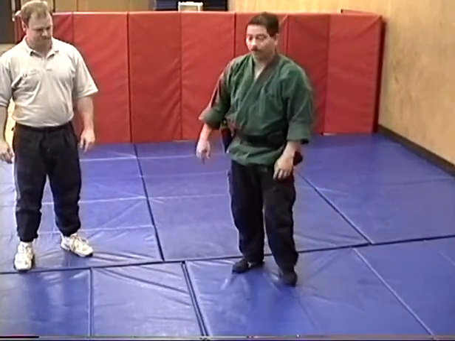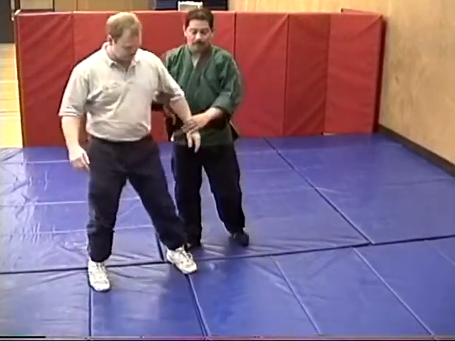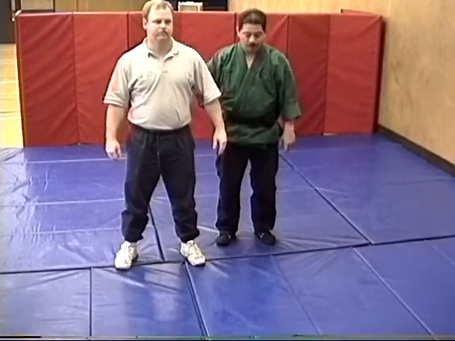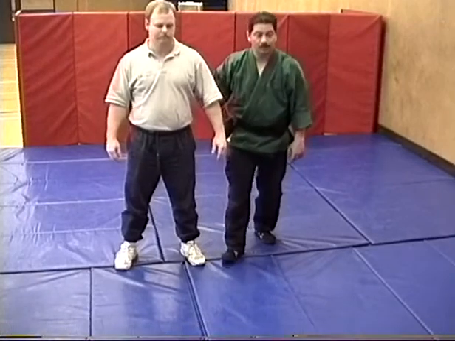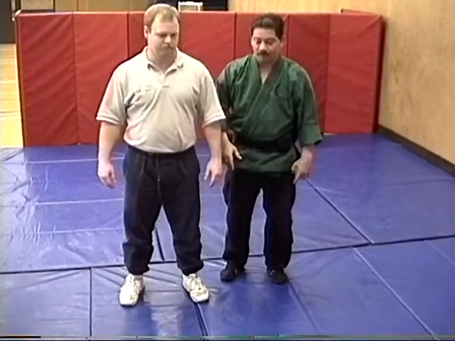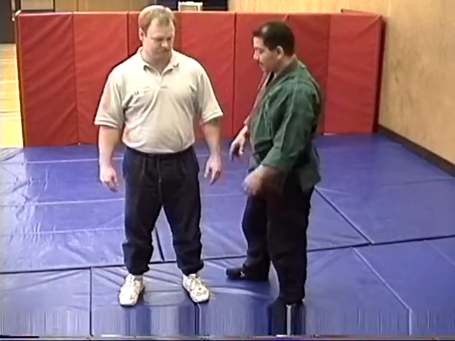Okay, we have rear throw takedown. Rear throw takedown, we have basically two that we teach. One is from the escort position, and the other is from same side or cross hand grab. We'll start off with the easiest one to see,